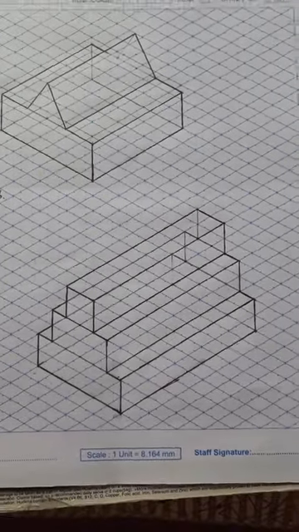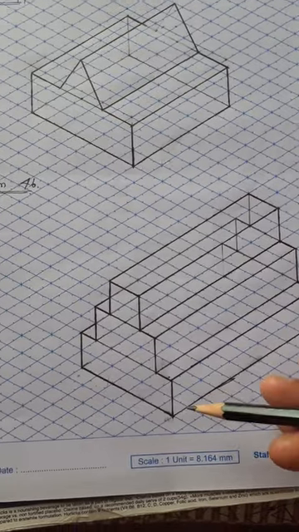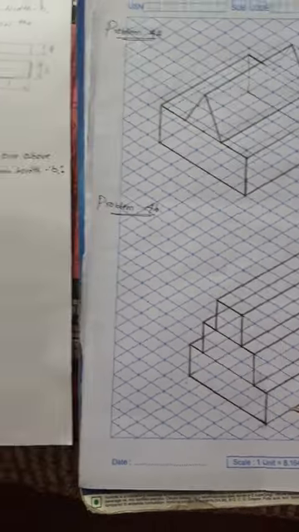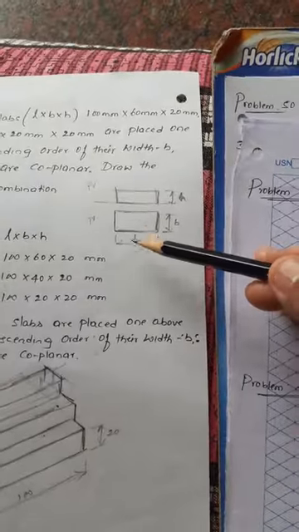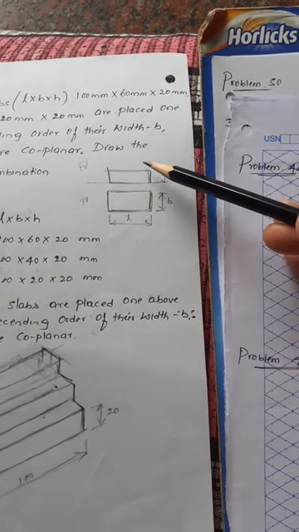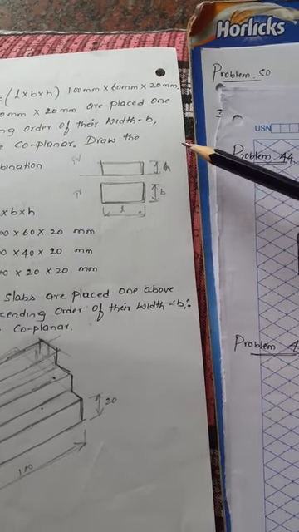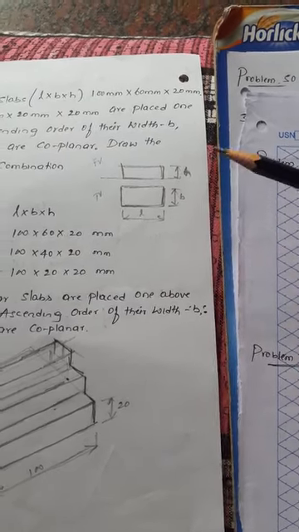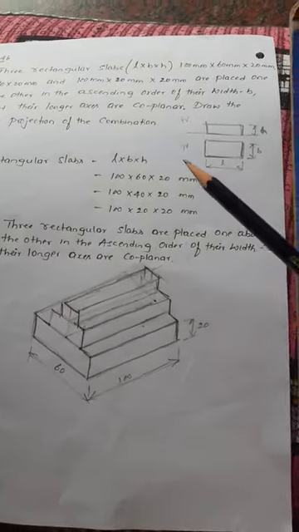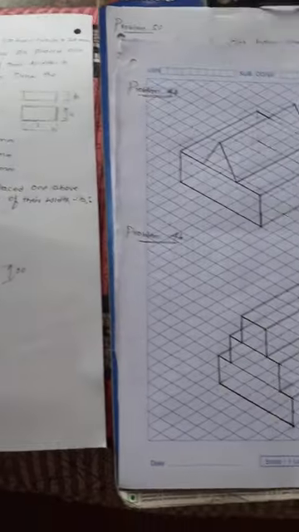Now you go for the first one, you place first this rectangular slab. For a rectangular slab, in the top view you will get length into breadth, which is shown in the iso horizontal. The front view you can show in the iso right view, and the side view is shown in the iso left view. Now the first rectangular slab has what dimension? 100 into 60 into 20 mm. Now you go and draw